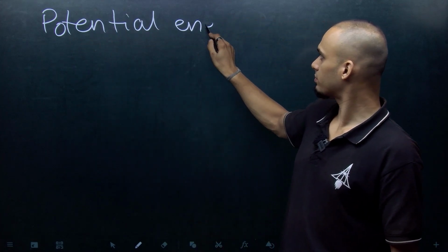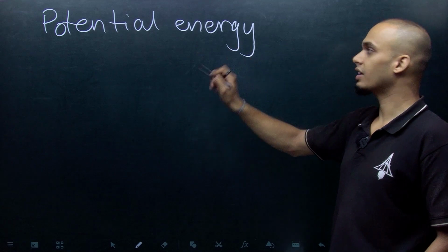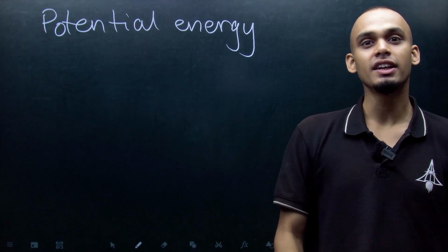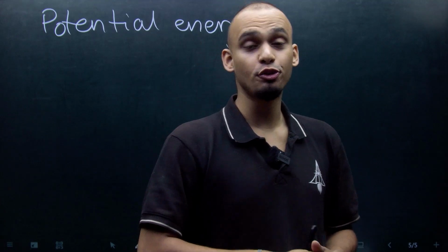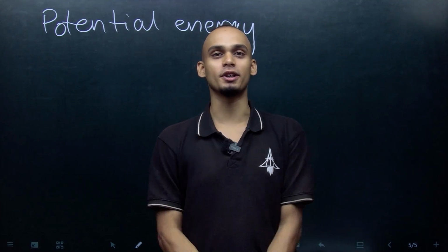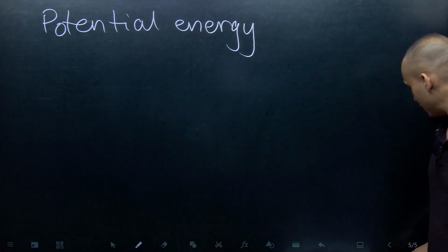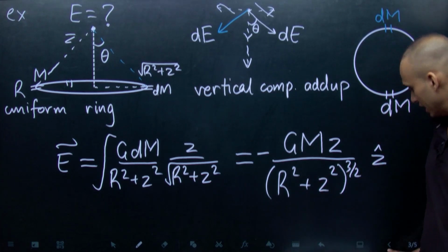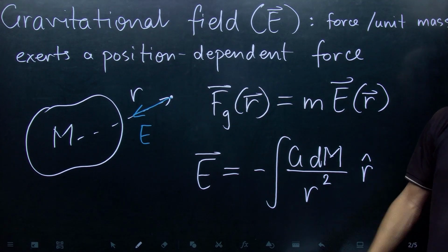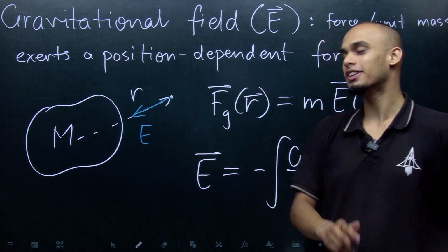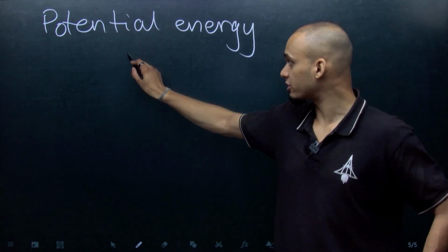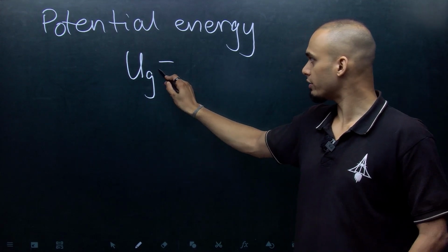Potential energy. Again, remember the chapter work, power, energy. If any conservative force is acting on an object, there is an associated potential energy, right? Gravitational force is a position dependent force, right? That is the definition of a conservative force. So gravitational force is conservative in nature, hence we can define the gravitational potential energy also in the same way